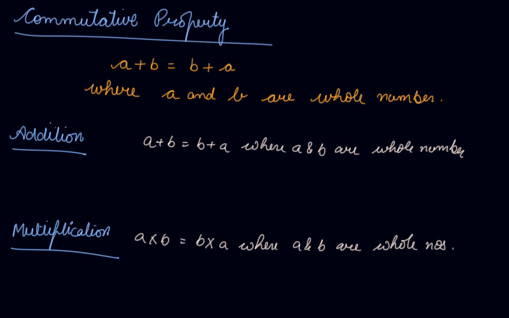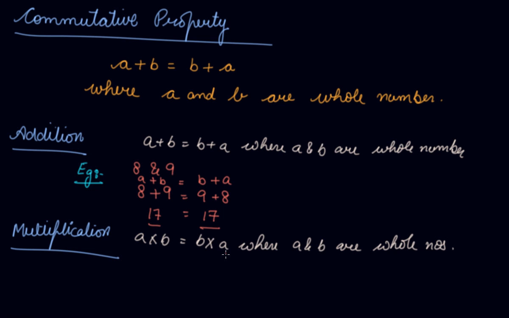Let's take an example. Let's take any two whole numbers according to your wish. Let's take 8 and 9. So we are taking A as 8, B as 9. 8 plus 9, that is A plus B, is equal to B plus A. So we are taking B as 9 and A as 8. So 8 plus 9 is 17. 9 plus 8 is also 17. So 17 and 17 are equal, which means if you add 8 plus 9 or 9 plus 8, it's the same thing. You will get a whole number.